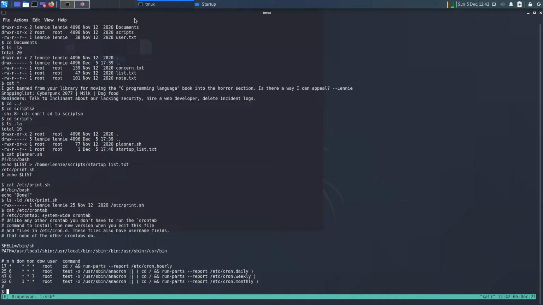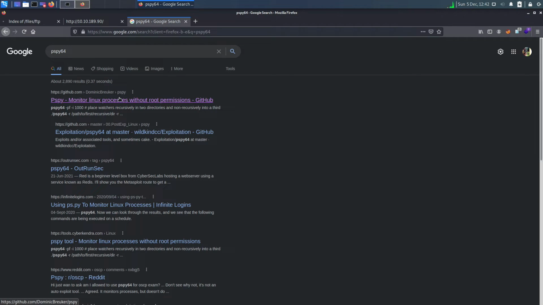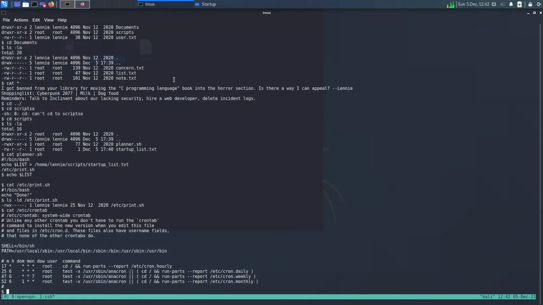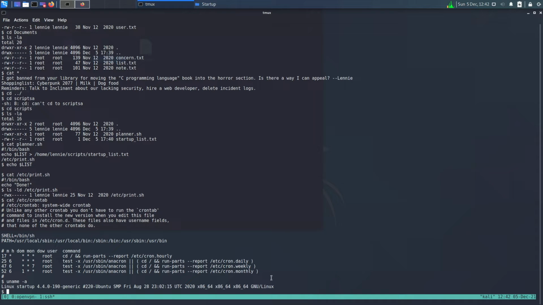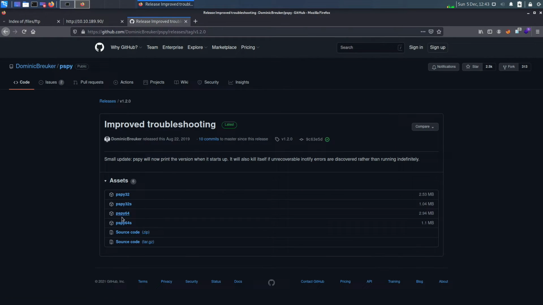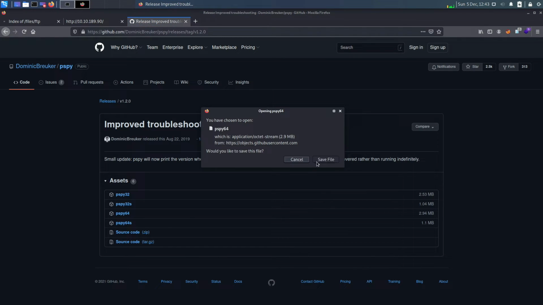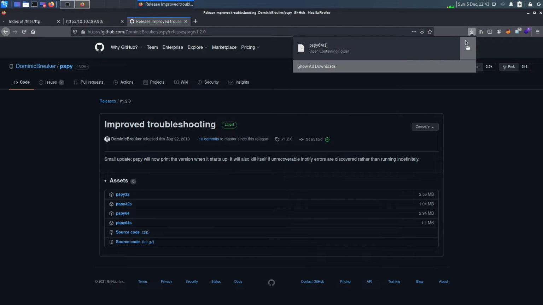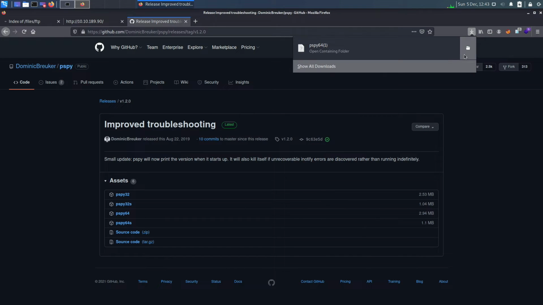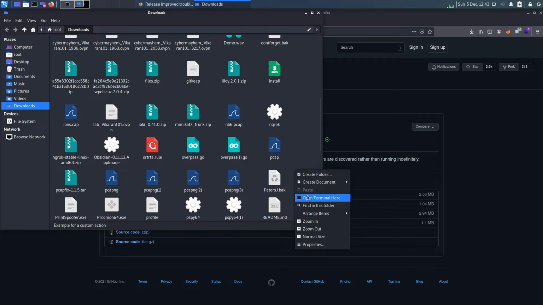Now, one very important thing to know about pspy is you need to make sure that you are running the right version. You have a pspy 64-bit version and a 32-bit version. uname -a tells us that this is a 64-bit version, so I know that it'll work. I need a compiled version, so we can go to releases, pspy64, open containing folder, open terminal here,